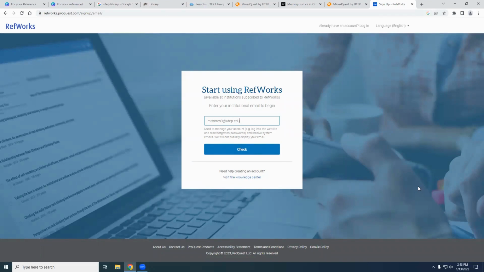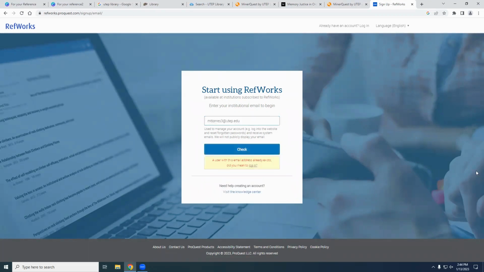It is tied to you being affiliated with UTEP. So if you were to put in your Gmail account or your personal account, your work account, it won't recognize that domain unless your work has a RefWorks institutional login.